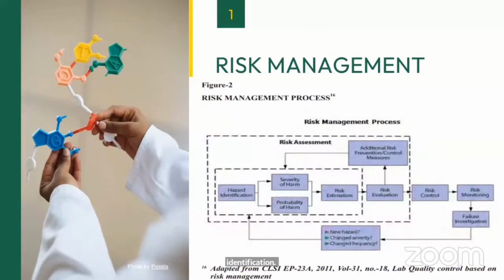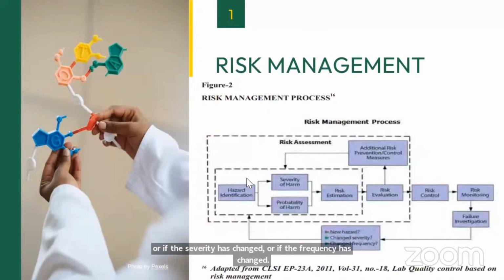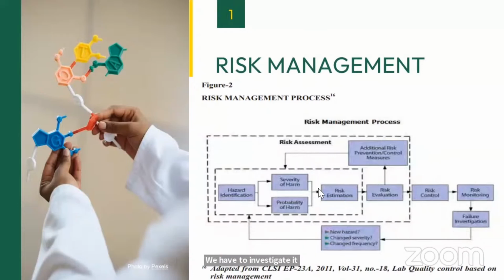And if there are chances of any new hazard, or if the severity has changed or the frequency has changed, you have to investigate it appropriately and again start the complete cycle. So the first part is hazard identification, severity of the harm, probability of the harm, risk estimation,